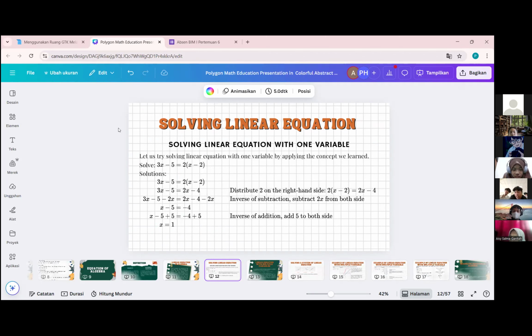Jadi step by step-nya harus lengkap. Kalau nanti ada soal seperti ini di UTS, harus lengkap step by step-nya. Contohnya baris pertama sudah oke, baris kedua itu distributif, ya oke. Boleh ditulis hanya distributif aja juga tidak apa-apa. Distributif, kemudian